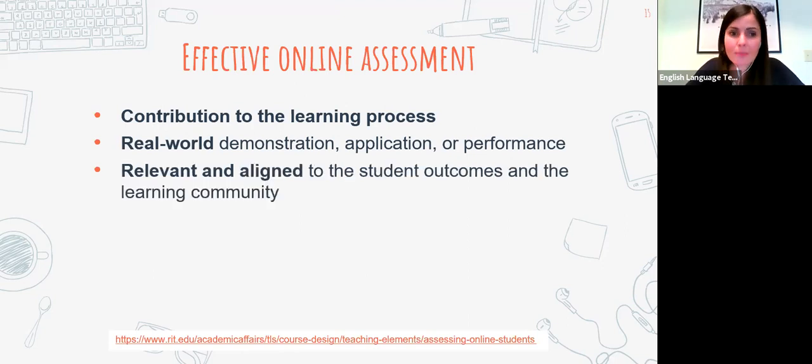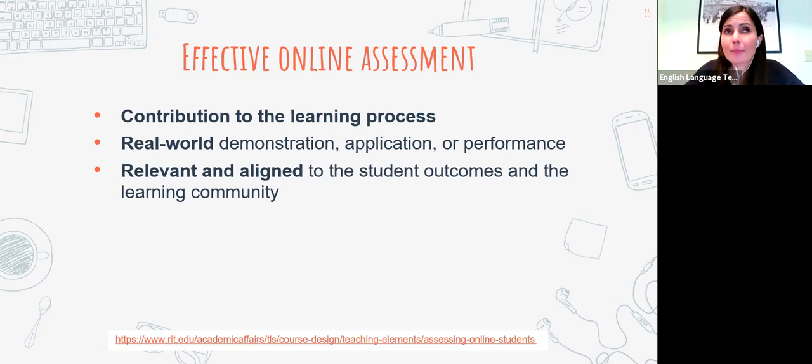Just like face-to-face, it has to be relevant and aligned to the student outcomes and the learning community, right? And their goals. And it also affects, for example, what kind of assessments you're doing, how much you trust your students, depending on the environment, what their goals are, right? So for example, in one program, we didn't really have a platform that all the students would be able to access and take the quizzes online, like D2L. They didn't have access to that. And so I would send them the quizzes and have them take the quizzes and send them back to me. It took forever to download each quiz and then manually give feedback on each one of them.